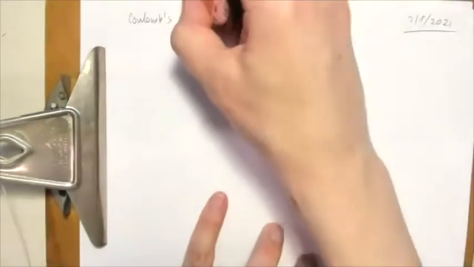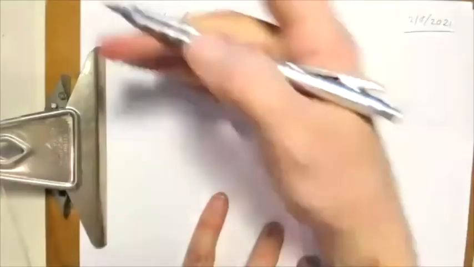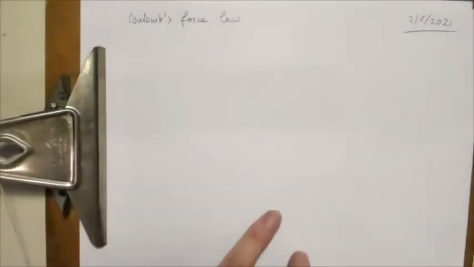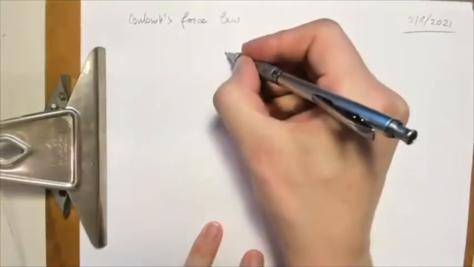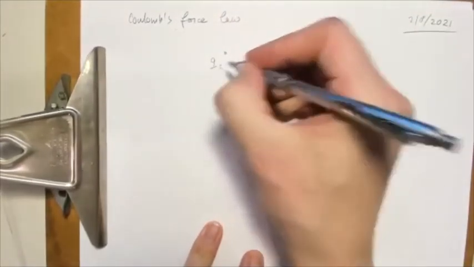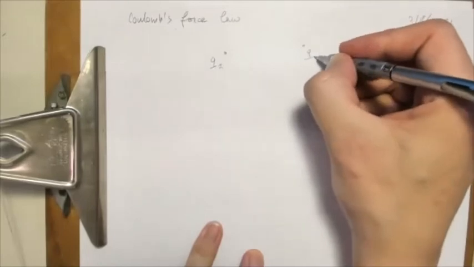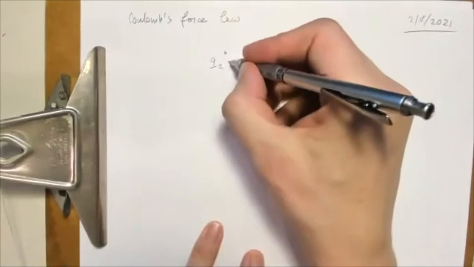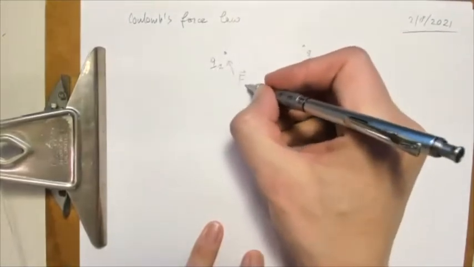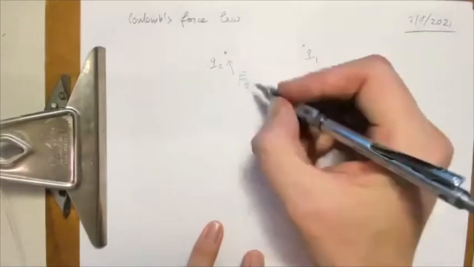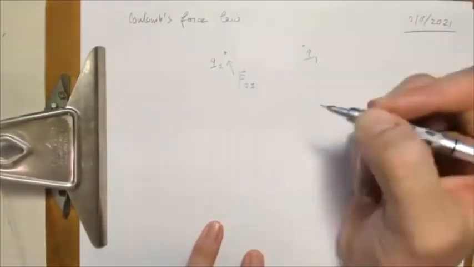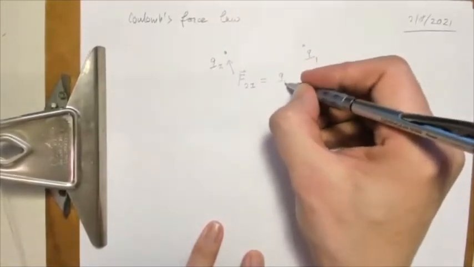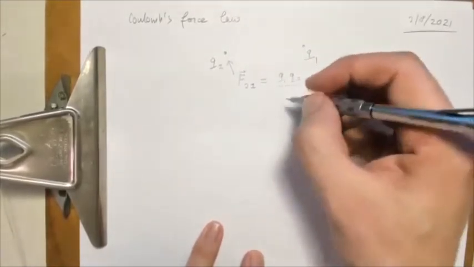Okay, Coulomb Force Law. Obviously, you've got two charged objects. You've got some Q2, you've got some Q1, and there's a Coulomb force that is acting on this charge. So it's the force on Q2 due to object number 1, and it's equal to the product Q1 Q2 over